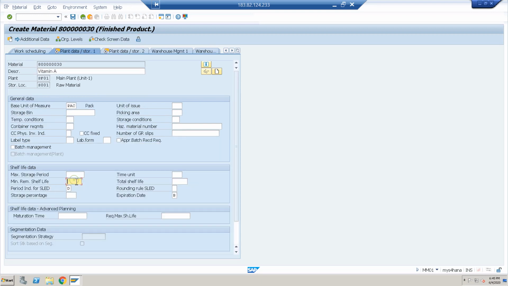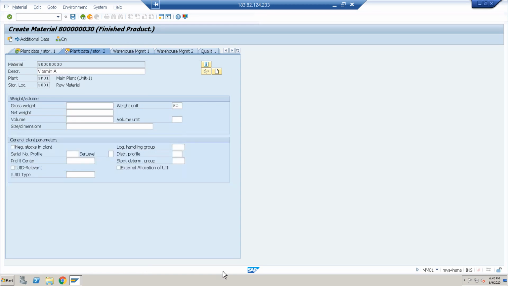Enter your maximum, minimum remaining shelf life and total shelf life. That is 10, and we will get a message after entering this. Look at this: important data, production must be entered at go to save. We can do that later.